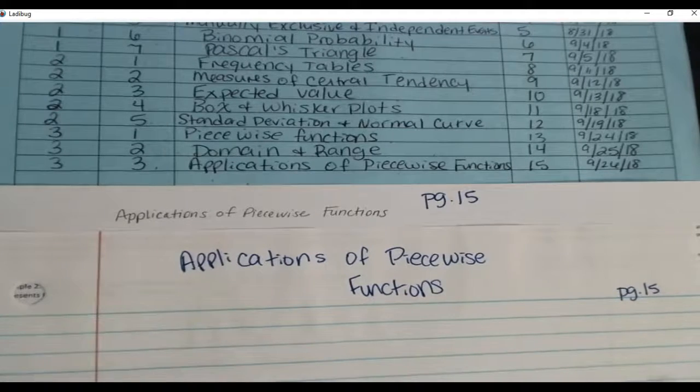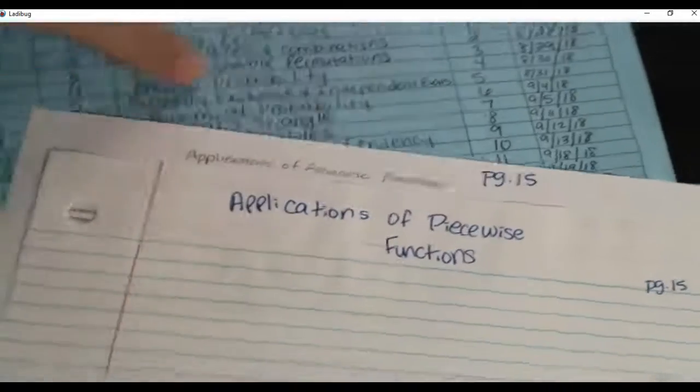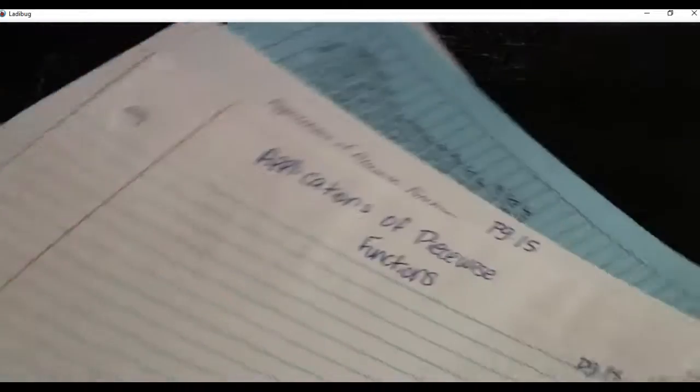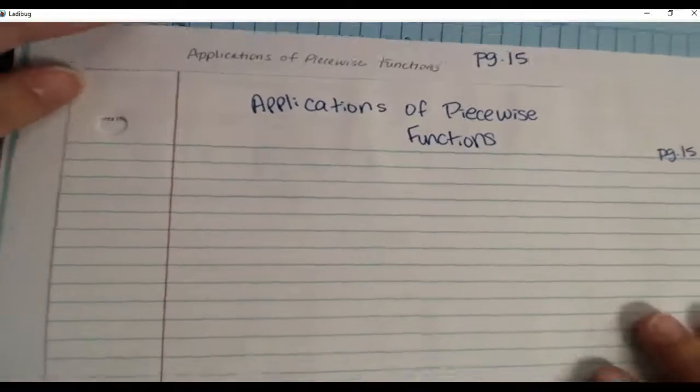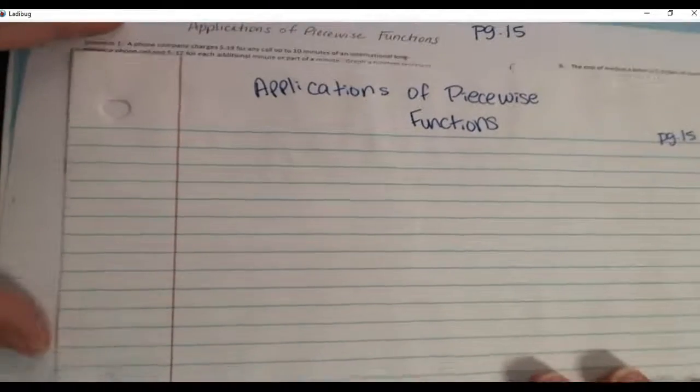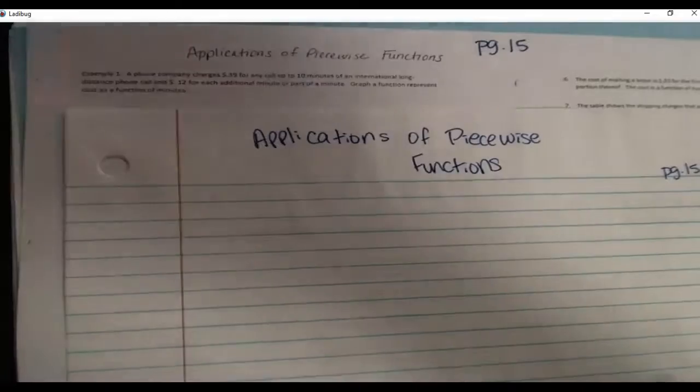We're talking about applications of piecewise functions. If you want to write this on your paper, that's fine. If you want to do it on a separate sheet of paper, that is up to you. So, if we look at number 1,